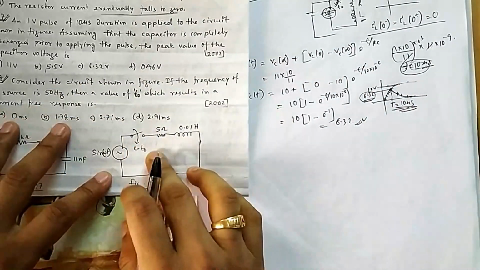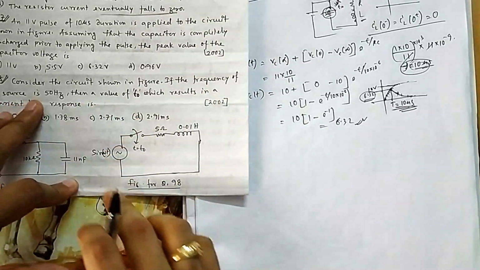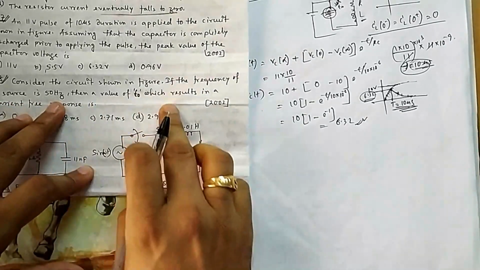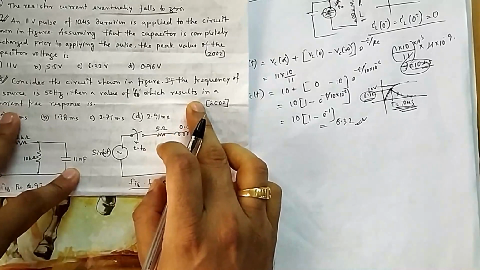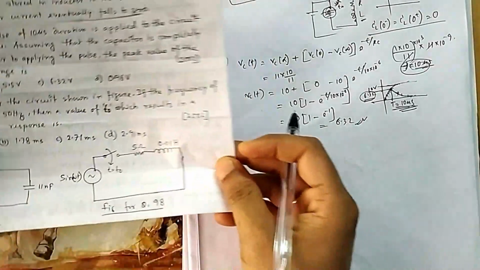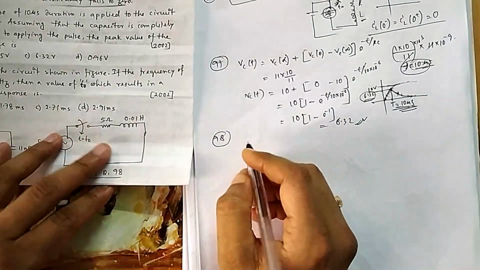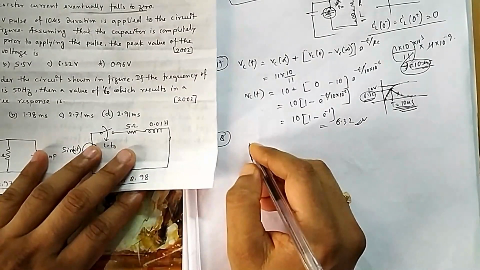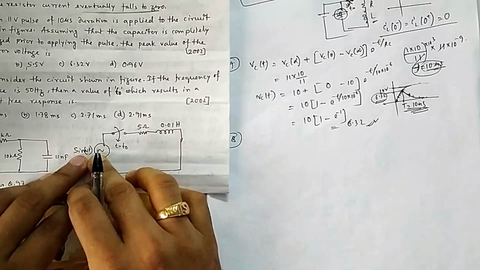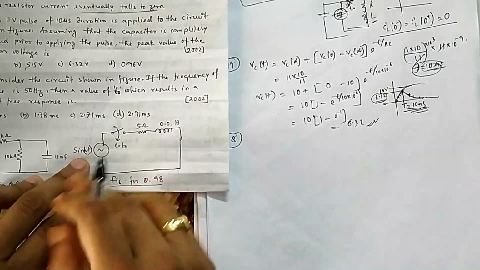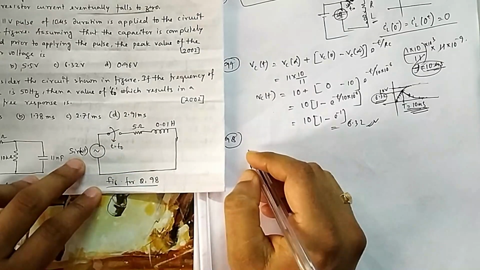98. Consider the circuit shown in the figure. If the frequency of the source is 50 Hz, then find the value of t0 at which it results in a transient-free response. Now to get the transient-free response, it will be better if you solve the differential equation using CF and PI. Because it is sinusoidal also, it is not a DC switching circuit, so let us apply that